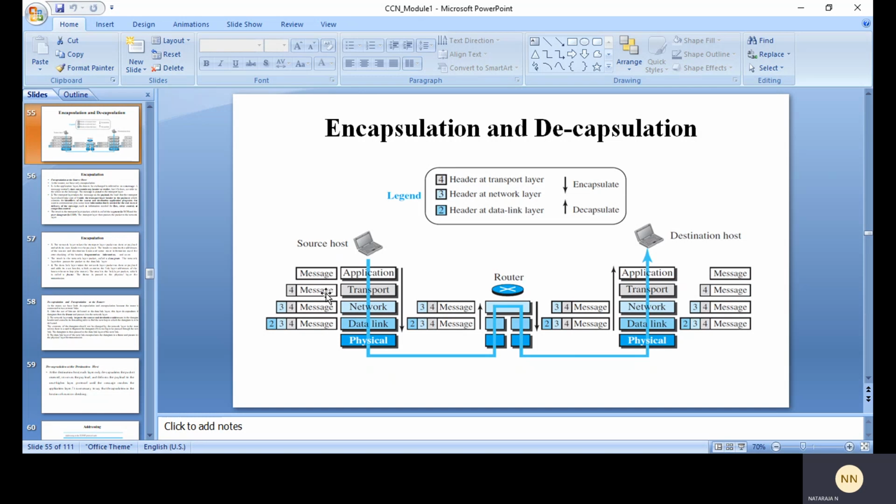Okay, it is going to add the header to the message, and it will contain the identifiers of the source and the destination application programs that we are going to communicate with, along with some more information we need for the end-to-end delivery of the message, such as the information needed for flow control, error control and congestion control.